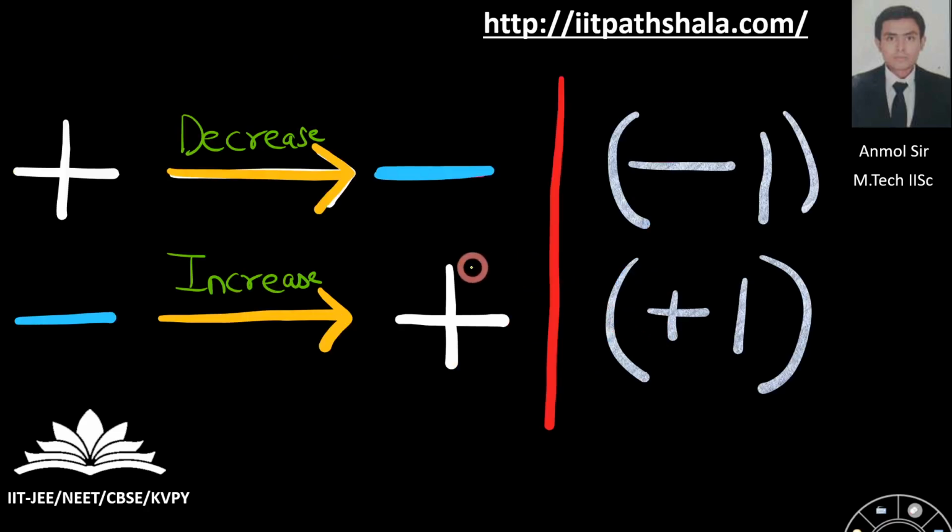Moving forward to the next, which is Kirchhoff's voltage law. This is a trick which most of the people use. If you are going from positive to negative, then you are moving down the number line, so you have to multiply by -1 in your KVL. And if you are moving from minus sign to plus sign, then you are increasing in the number line, so you have to multiply by +1 with your expression in your KVL, with your IR or any kind of expression.